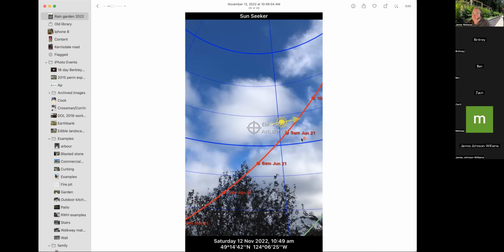So in this example, we were trying to figure out where we're going to place some new squash mounds. And we had an idea in the back of our head where the best location is, but we wanted to verify that with Sunseeker. So the Sunseeker has a couple of modes to it. One is a 3D mode. So you can activate the camera and you point it up into the sky. And what it does is it shows you